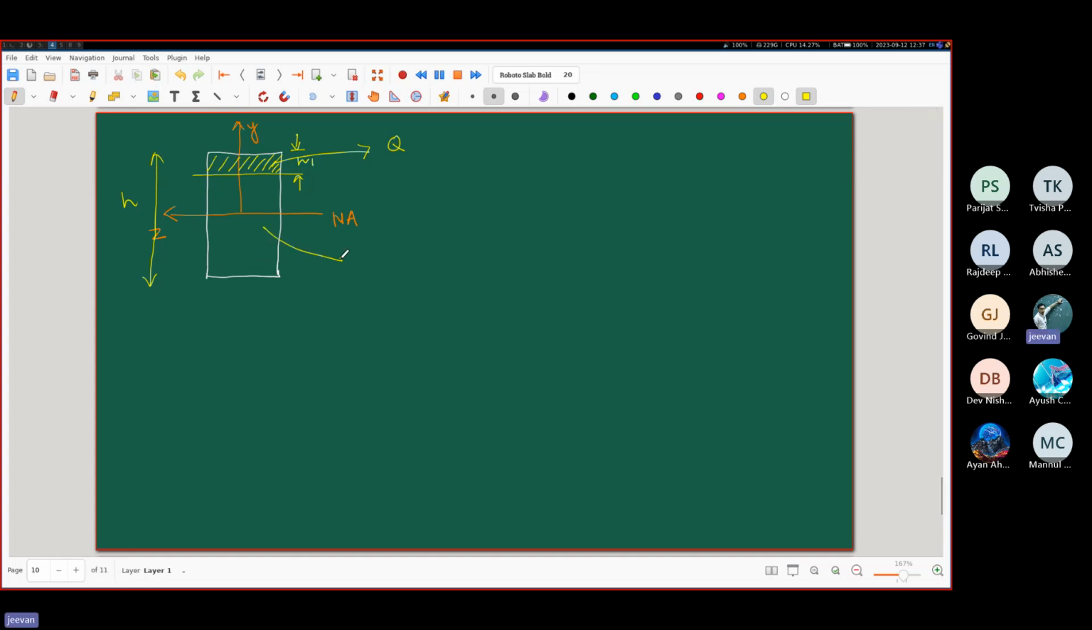What do you think will be the relationship between Q and Q dash? Q plus Q dash equal to 0. Q plus Q dash will be equal to 0. Very good. So basically Q dash will be equal to minus of Q. That is it. This is something which you have to fundamentally understand. Okay, now